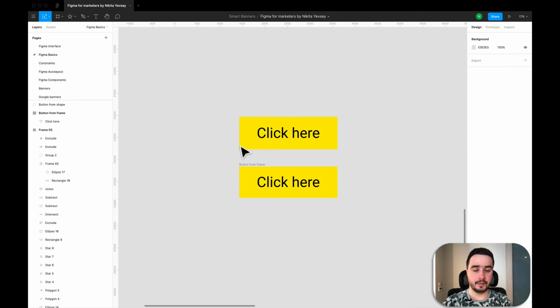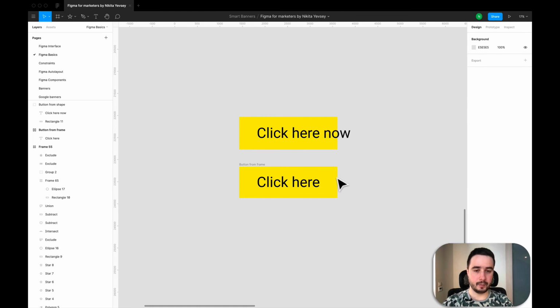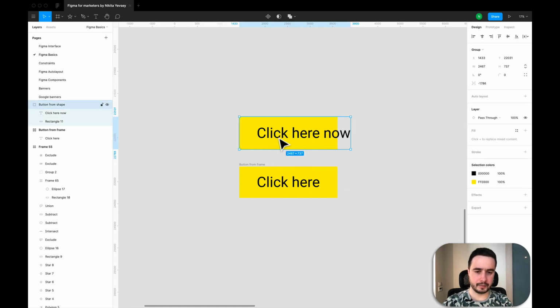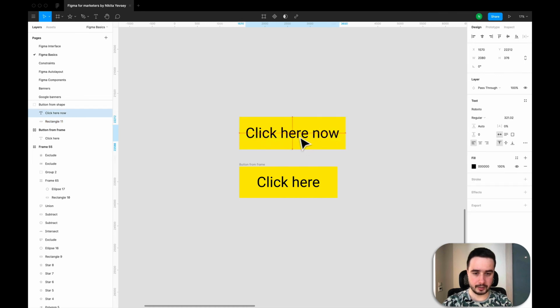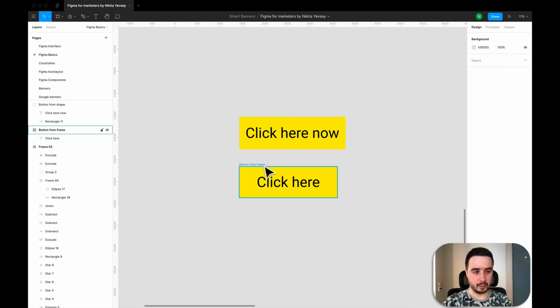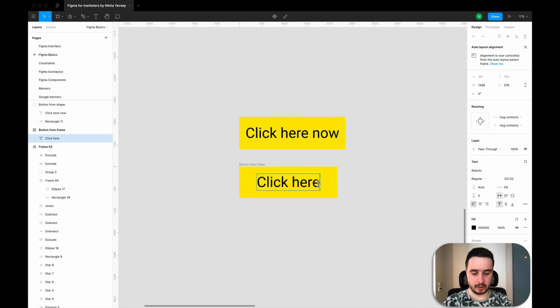What's the difference? The difference appears when we want to change something. For example, we want to change this text. Click here now. You see, okay, let's set this to auto width. Click here now. Okay, and if we want this button to look good, we have to adjust it manually to do something like this, then something like this, and then we have to find the center, and it looks like this. But when we use the frame and we use auto layout, we can just type it, and